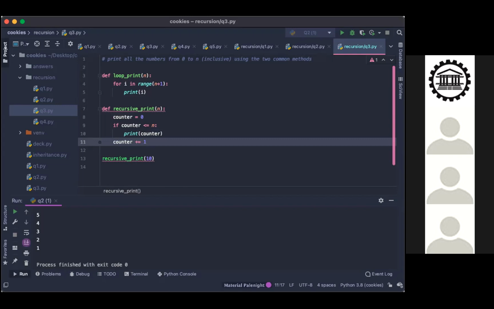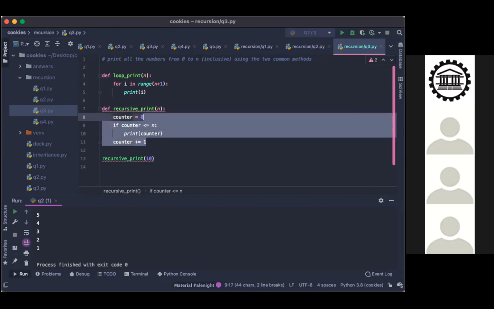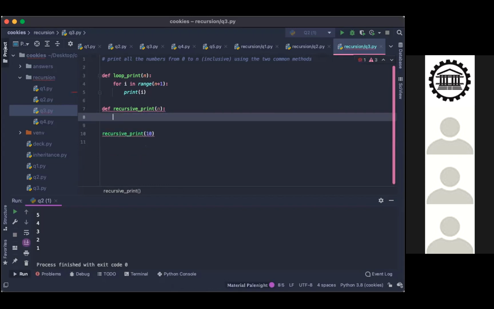Maybe it's because I'm thinking of the loop way and we don't want that. We don't want an initialized value or variable. So let's go back and restart. We need a base case. What is our base case? It tells us not to do a recursive call anymore.